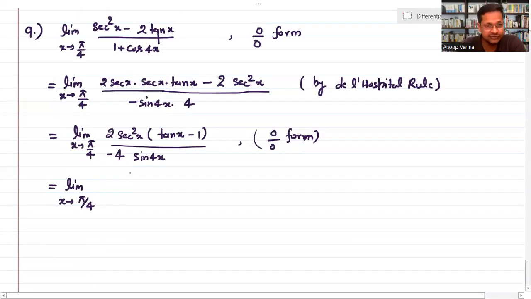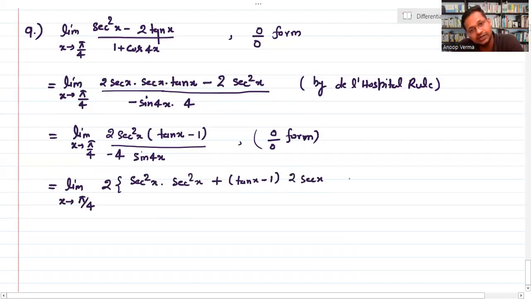So for the derivative we will apply the rule first function into derivative of second function. The first function sec square x simply remains the same. Derivative of tan x is sec square x, and the derivative of 1 is 0, so there is nothing to do, plus 1. Now tan x minus 1 remains, and the derivative of sec square x will be 2 sec x into sec x into tan x. Okay, this one divided by